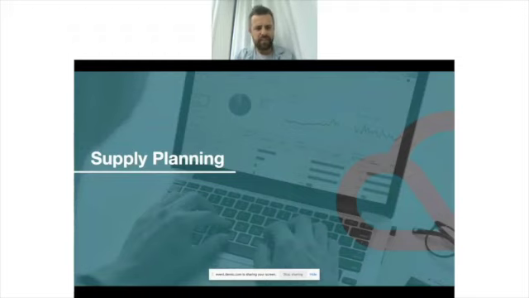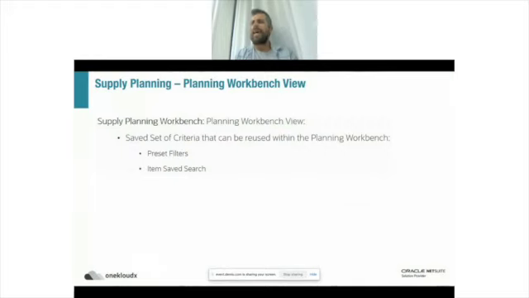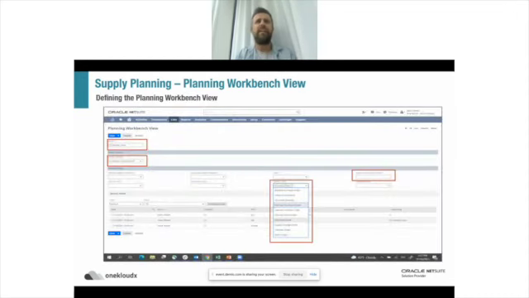From a supply planning side of things, they're continuously improving and adding functionality to the supply planning area, where specifically they're adding more functionality to the supply planning workbench. So this is the solution that is superseding the old time-phased supply planning functionality in NetSuite. As part of it, they've added preset filters and item saved searches in order to have better ways of restricting and filtering the data